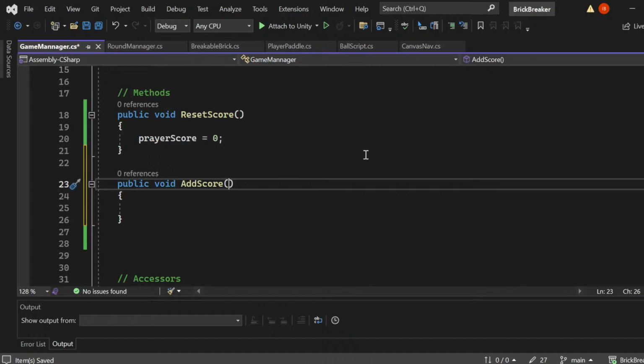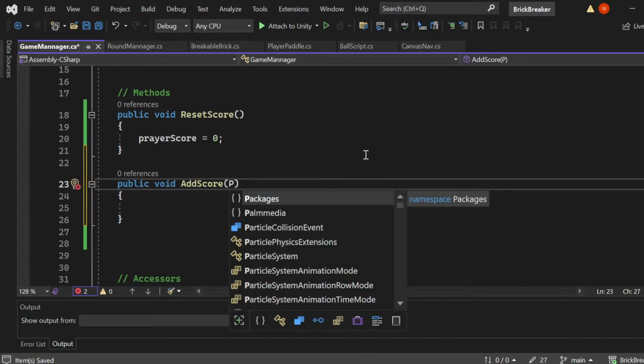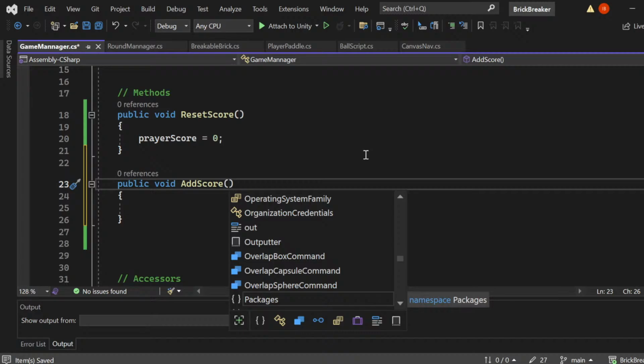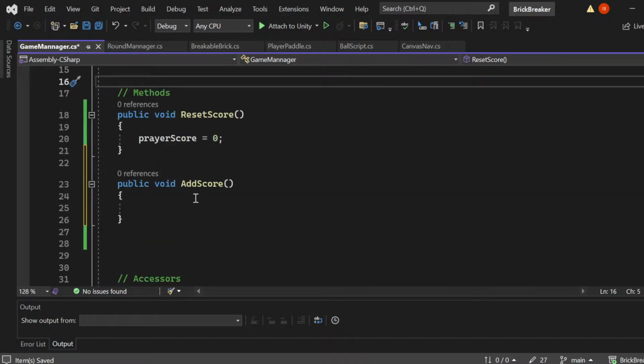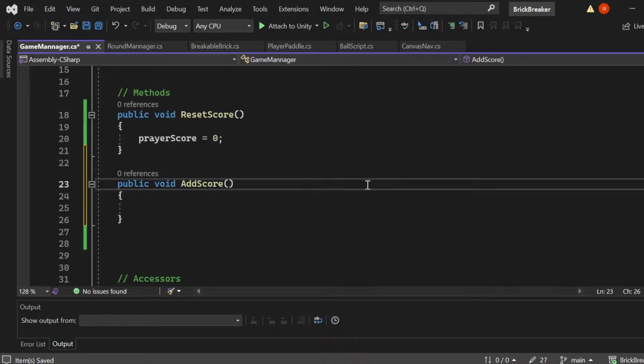This brings in a points. So it's going to be a, what do we call this score? Score is in float. So float a score,